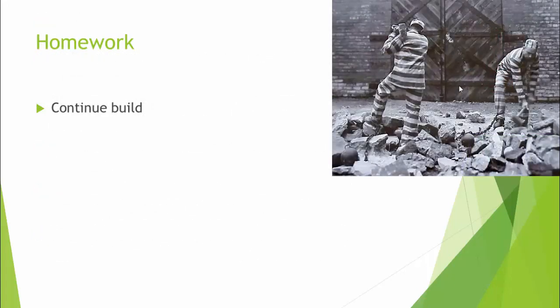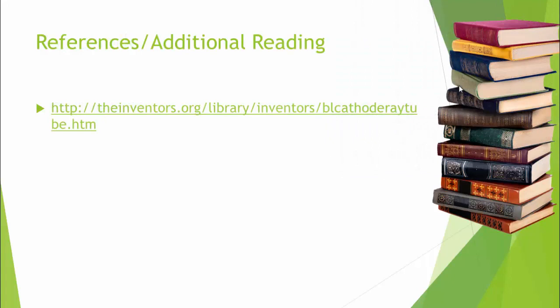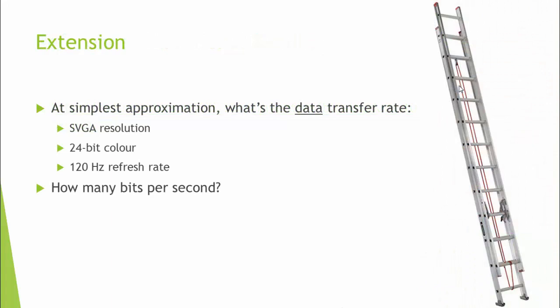So, your homework: please continue your build. Go ahead and get your monitor set up, and for sure, you want to play around with your resolution settings on your monitor once your build is in place. You can read more about the cathode ray tube in the references given. And if you want to see something interesting,